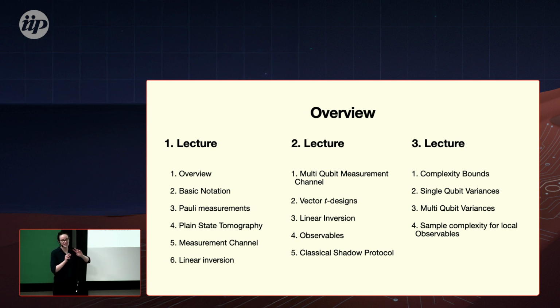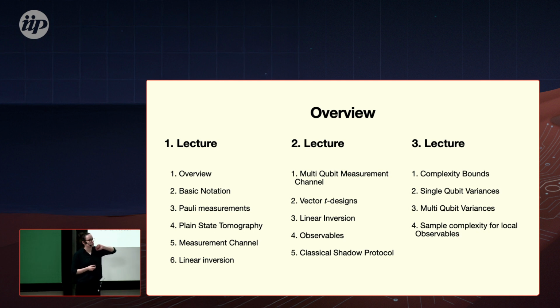It's a bit easy. Maybe on the blackboard, I will show you some proofs where you can, again, always interrupt me. And then in the end, when we have some time, I can show you a bit what I like about channels and how we can represent them as a matrix, but only if we have time in the end. And then in the second lecture, we will go to multi-qubit measurement channel, which is a little bit more involved. And we do need to calculate with some indices and pull out some sums and take care of how we represent our quantum state.